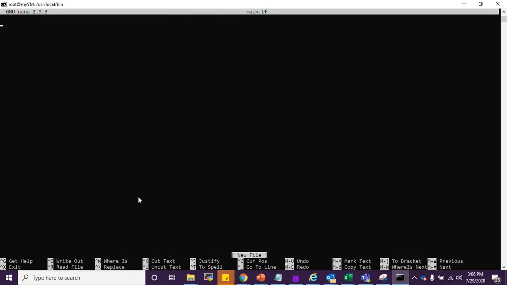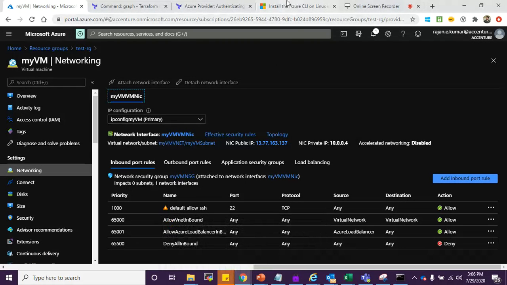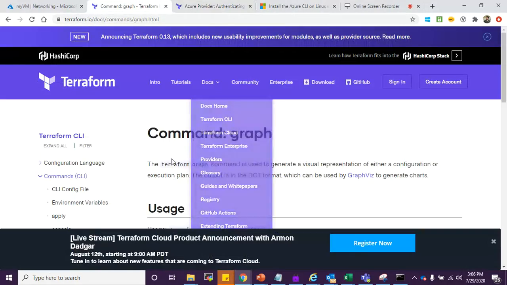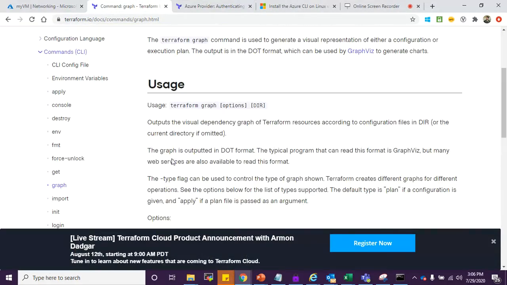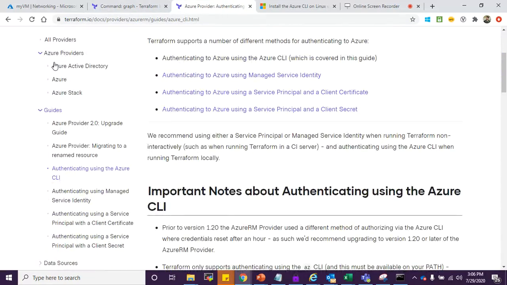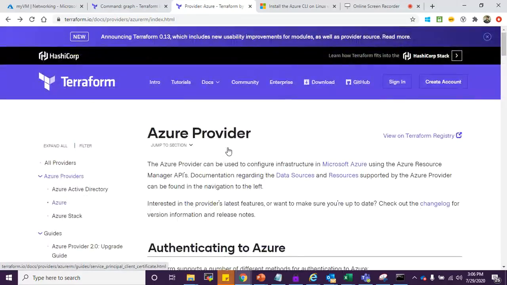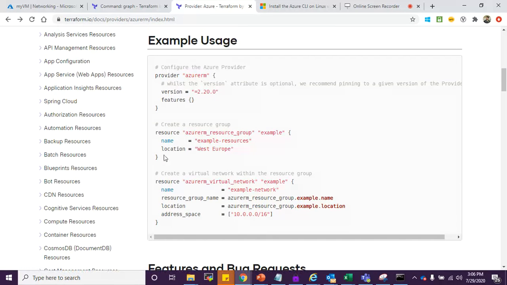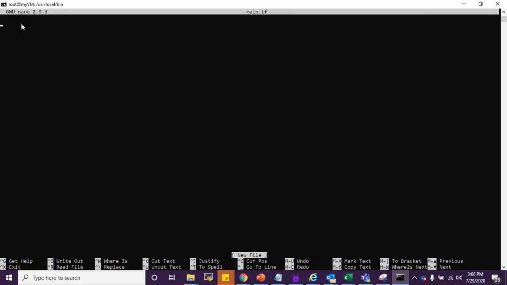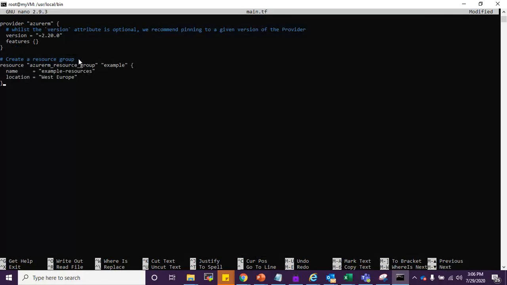Let's add a few blocks into this quickly. Yeah, let's add a few blocks. I'll explain this quickly. Okay.